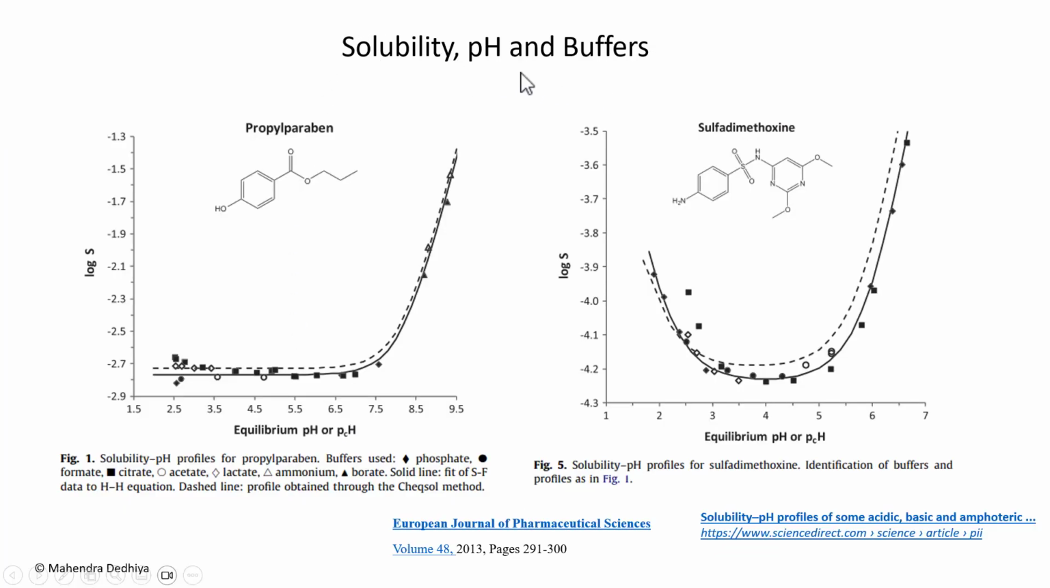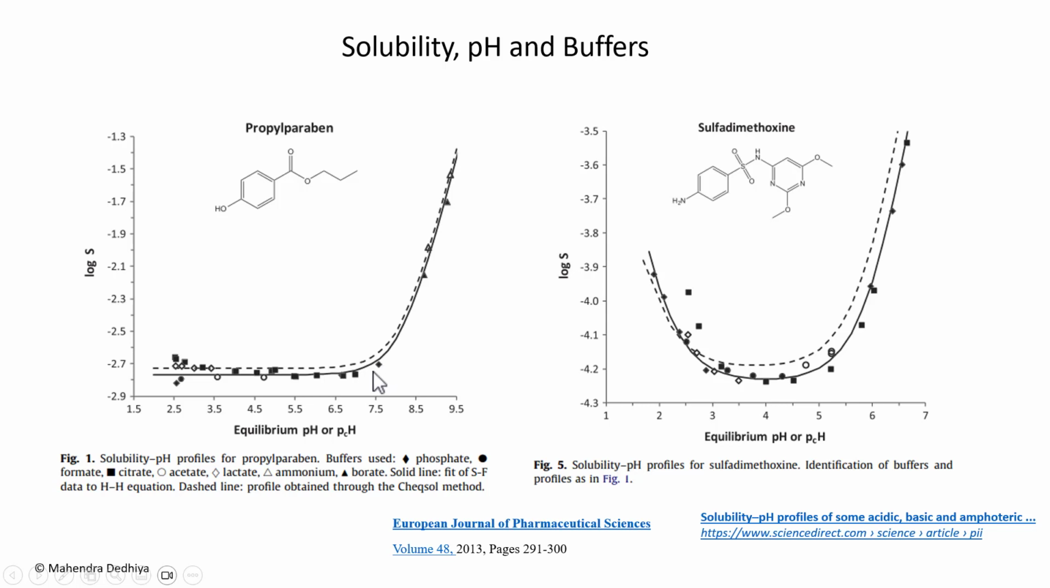Solubility, pH and buffer. Here's an example of propylparaben, a commonly used preservative in pharmaceutical products. pH range from 2 to 8.5. Propylparaben is more soluble in basic pH, ionized in this pH. In order to have preservative effectiveness, propylparaben needs to be in unionized form, anywhere from pH of about 3 to